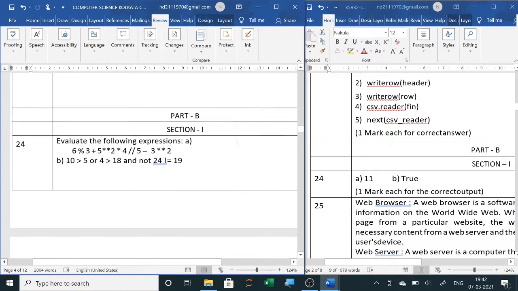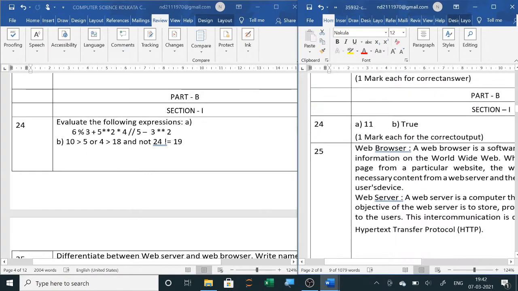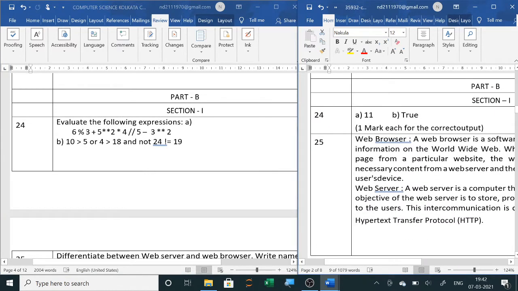Next, Part B, Section 1. Now the first one, 6 % 3. So it will be 3 to the 6. The remainder is 0, so nothing is there, 0 is there. Now 5 ** 2 will be 25, then 25 * 4 is 100, then / 5.